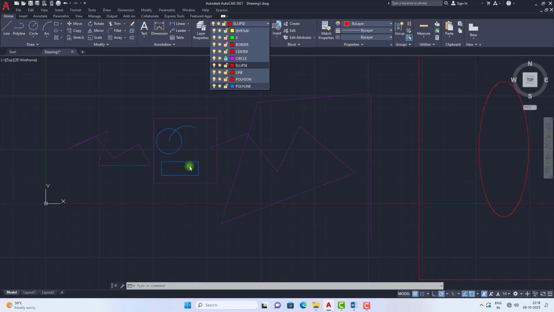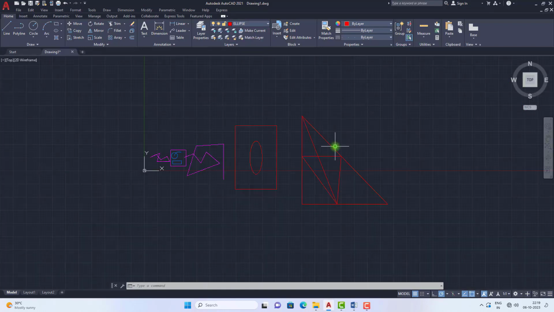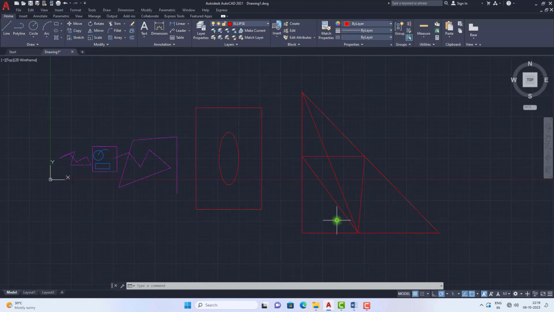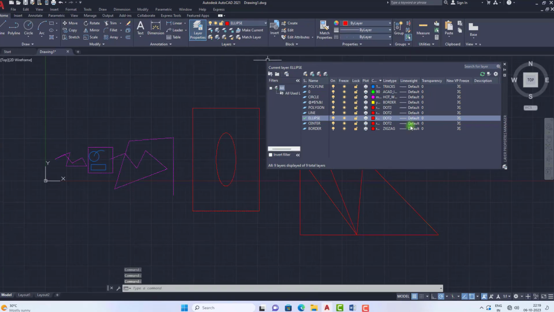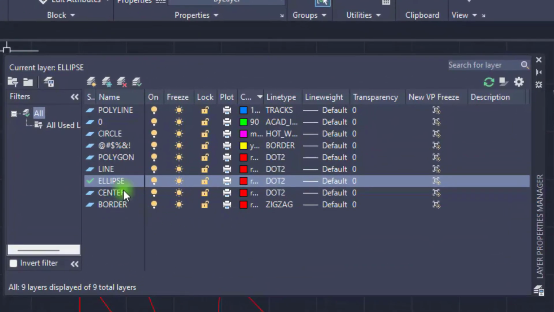Now I am going into the layer properties, and I need to delete one layer. I have created so many layers, and I am not using some of them, so I need to delete a particular layer.